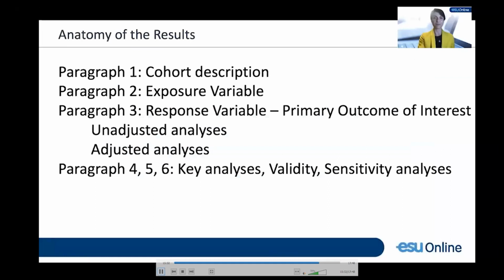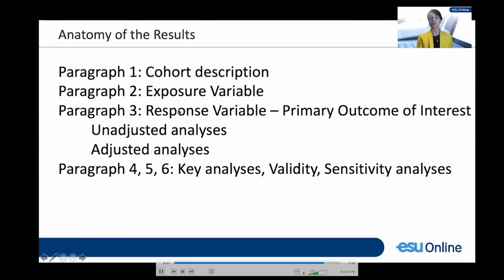And then I know we've spent a lot of time on tables and figures, but once you have those all done, the writing is easy. Because at this point, all you're going to do is use your results section to walk your reader through your tables and figures. So paragraph 1 is your cohort discussion. And you're going to reference those first tables and figures that described your inclusion and exclusion criteria and who those patients were. Paragraph 2 is the details about that figure, that table 2, your exposure variable.